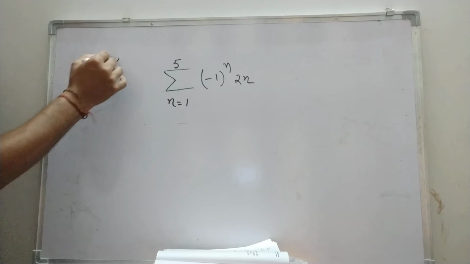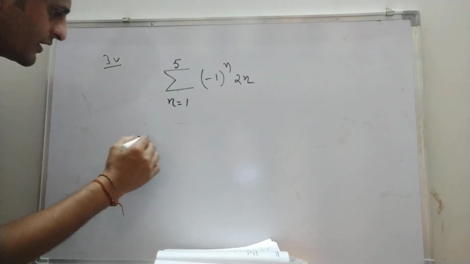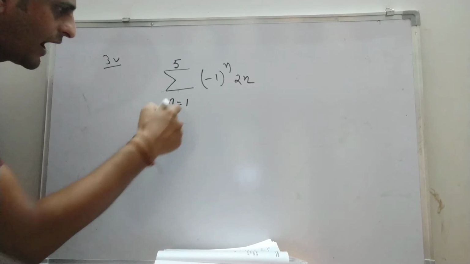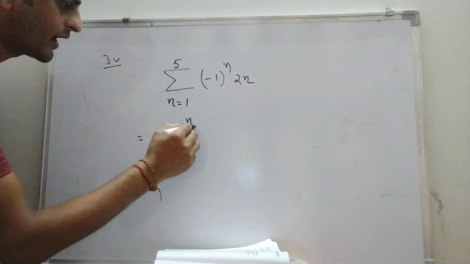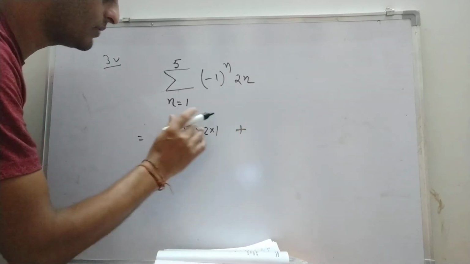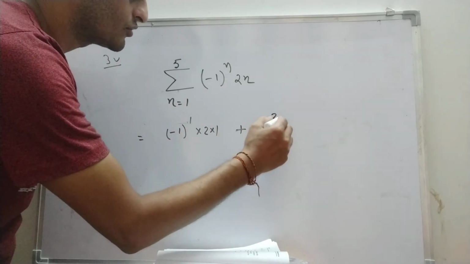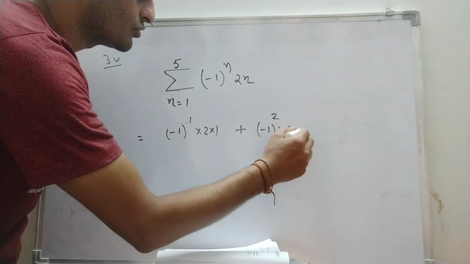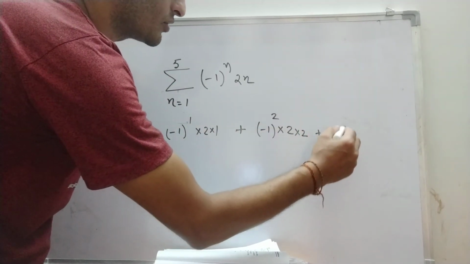If you find the series, you will find it in this way. If n value is 1, then you will find minus 1 to the power 1, 2 into 1, the first term. If n value is 2, then you will get minus 1 to the power 2 multiplied by 2 into 2. If you go for n value 3, then minus 1 to the power 3,